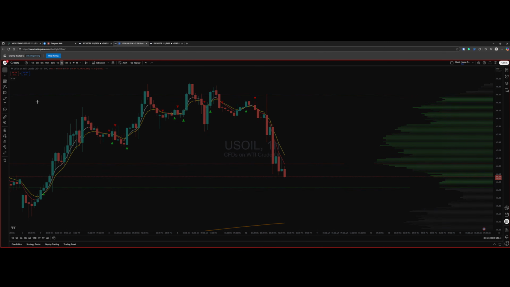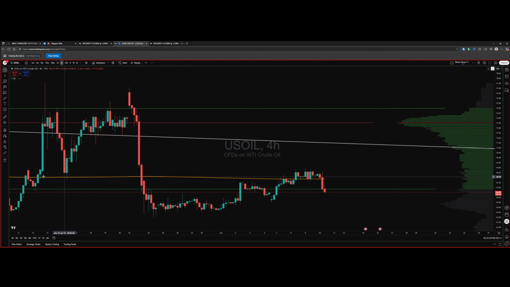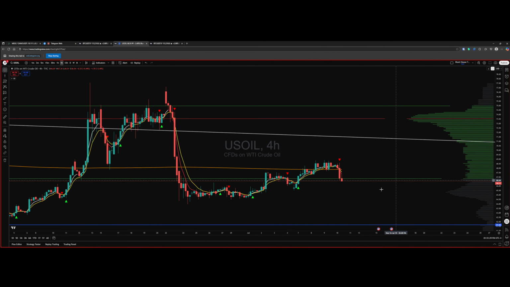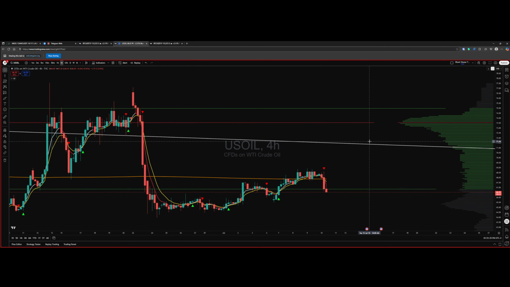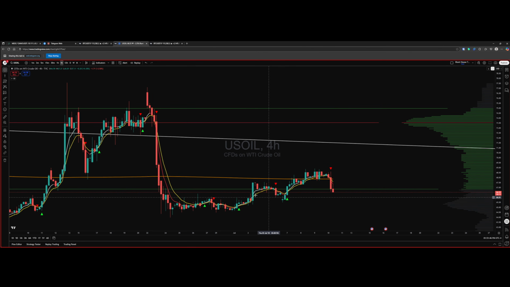Again, we go back to the 4-hour. As it rolls over here, it's going to look to take out this low at 65. And you see another gap right underneath that low. So you'll start to understand that sometimes the price action is incentivized to do some of this stuff